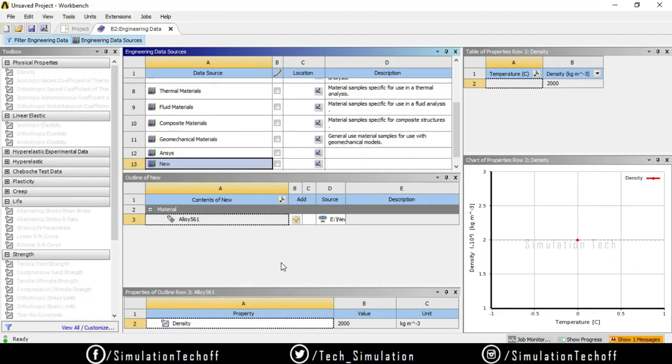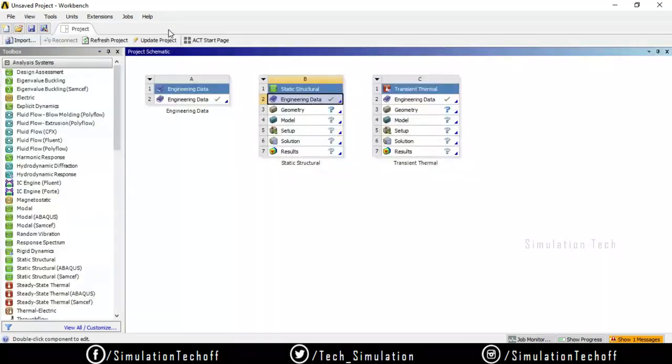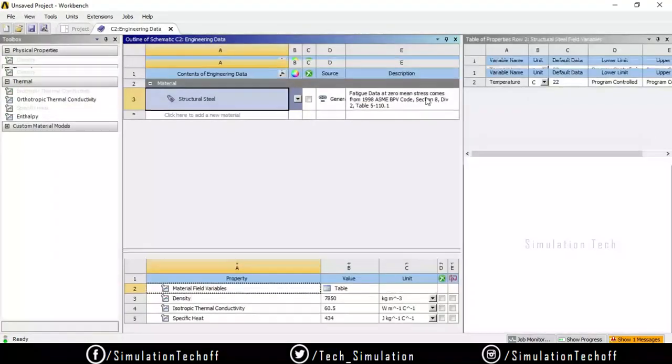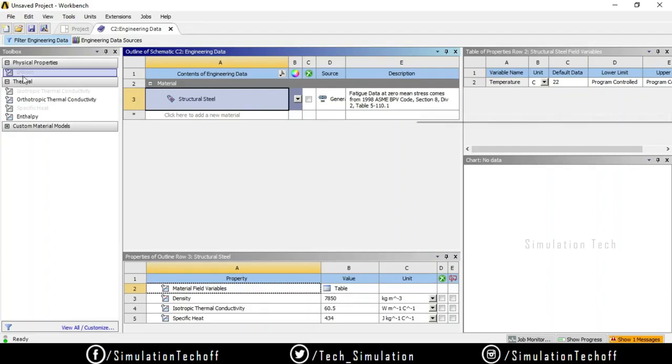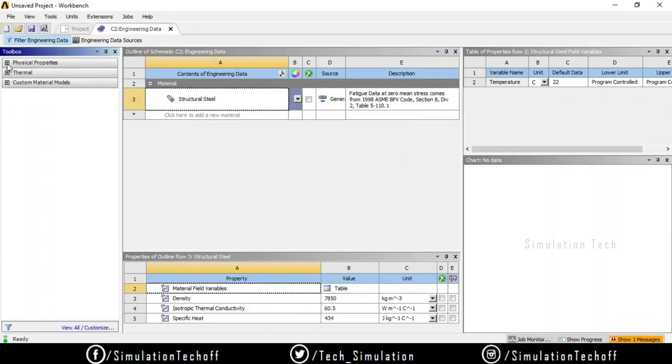Fine. So that is all about an overview of engineering data, and I just close the engineering data from here. And so we have some other two systems. In transient thermal, I have engineering data, but some interesting features over here. Do you notice anything in the toolbar? Only a few options are available here.